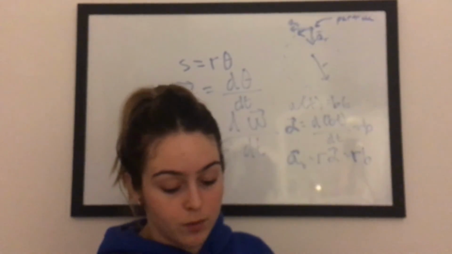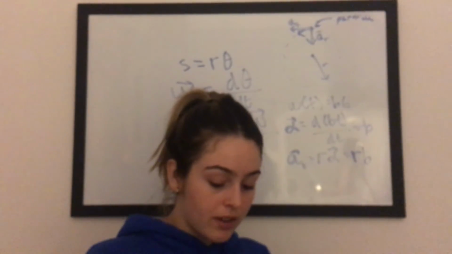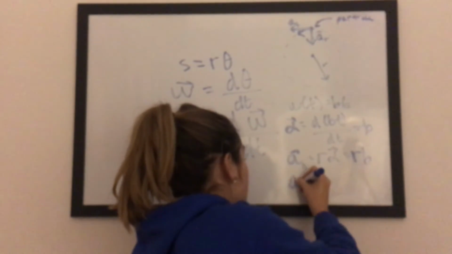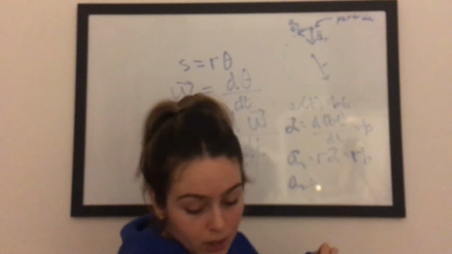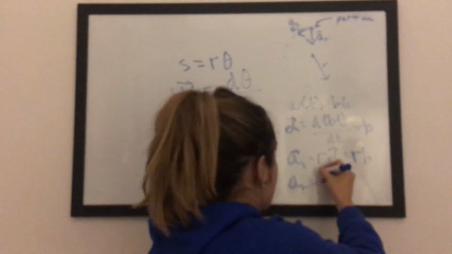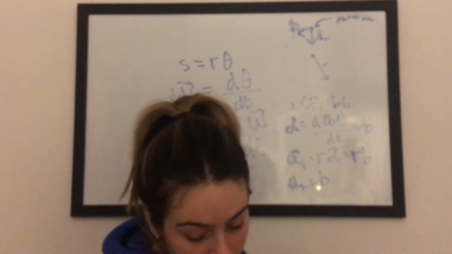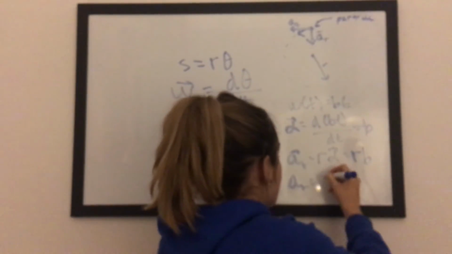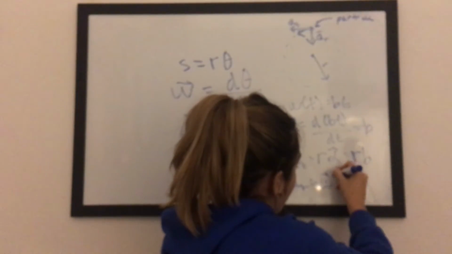And then we go ahead and do that for the radial acceleration as well. So a radial is going to be equal to the angular velocity squared